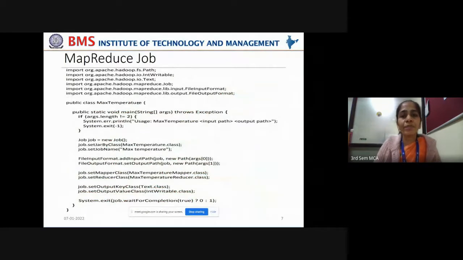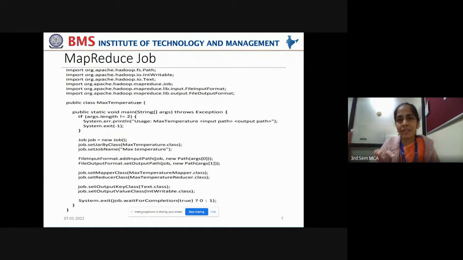Now, your next step is to pack it into a job. It's a very easy task. Once you write your mapper class and your reducer class, your next step is to pack it into a job so that this job can be handed over to an HDFS cluster in order to perform the processing task and find the maximum air temperature recorded in each year over 100 years.